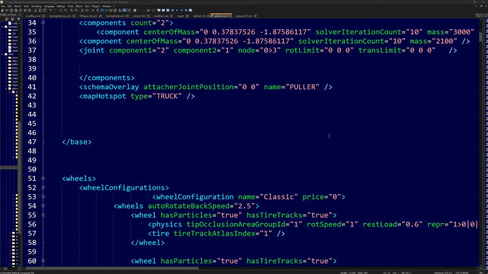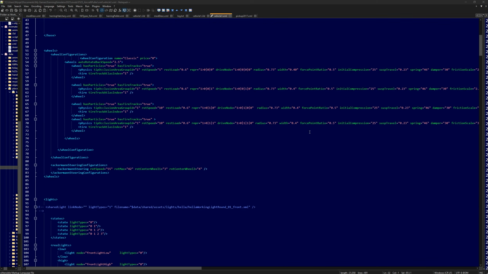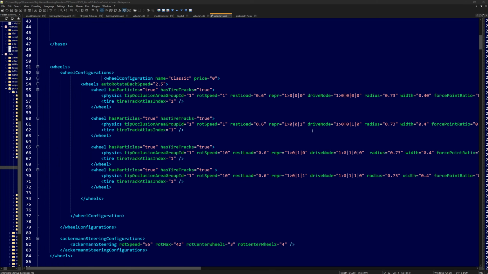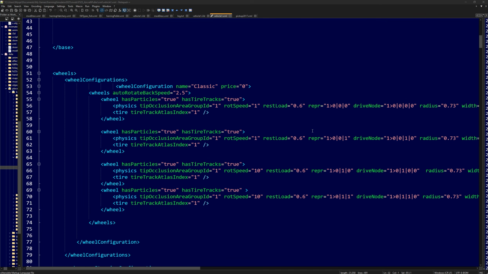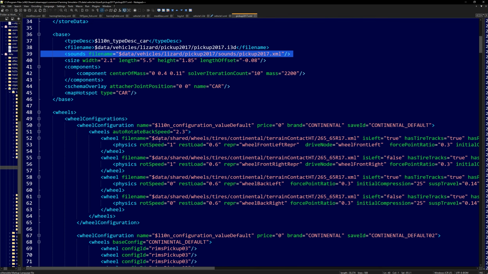Next section you're going to be taking a peek at is the wheels. Now, wheels could look like a lot of different things. I'm going to zoom way out and show you. This is wheels that I already have on the model. Most of the in-game stuff and some very complicated mods are going to have custom XMLs designed for their wheels. And you can see this inside of the pickup 2017. You can see right here that it is calling for, remember that file path thing, always check your file paths, it's calling for this type of tire, and inside of that tire, it has all these attributes that have to